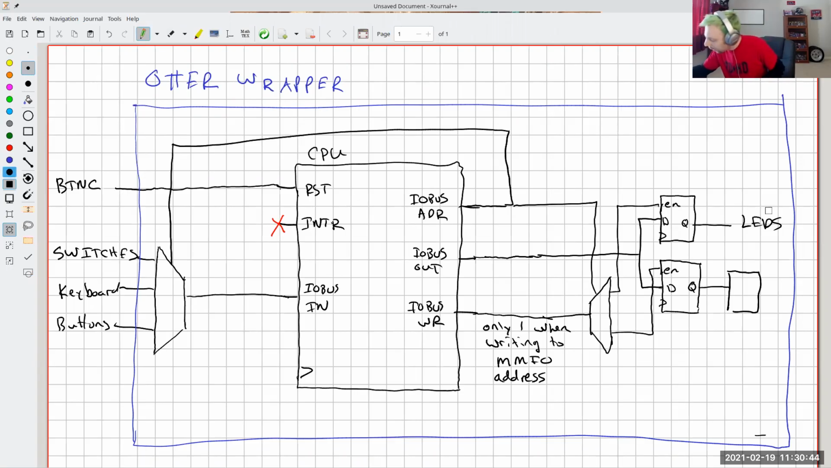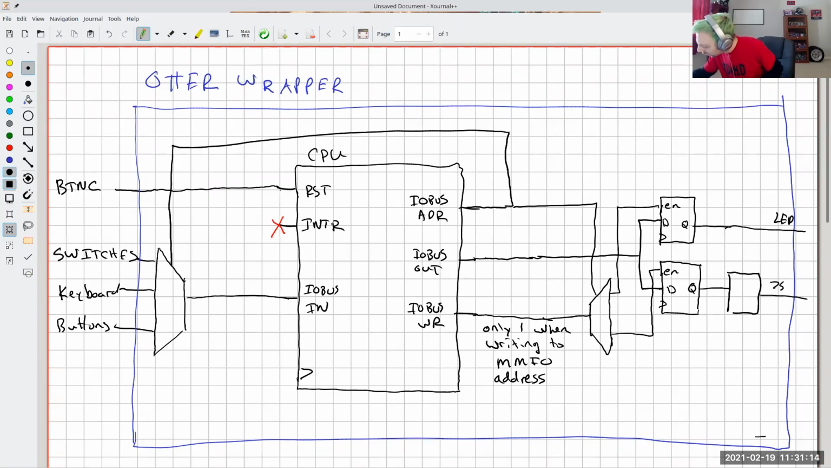Kind of run out of room on my paper here, but my LEDs are actually here. And this is my 7seg. Sorry, it's probably not very readable. We'll just write it here. So this is my 7seg decoder, where this is actually writing to probably,